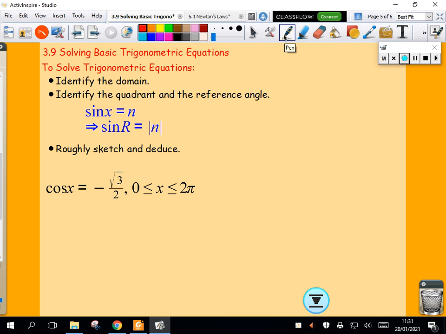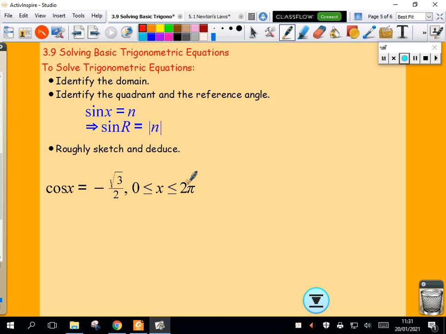Cosine of x is negative root 3 over 2. Here my domain says 0 is less than or equal to x, which is less than or equal to 2 pi. So I have to work this out in radian mode. If you're using your calculator, make sure the first thing you do is change your calculator to radian